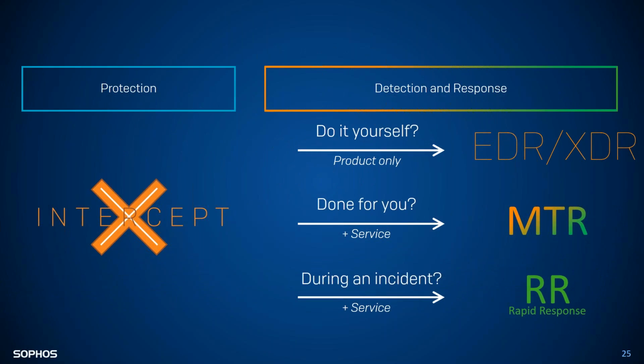So to break it down from a protection standpoint, that's where we're going to look at our Intercept X Advanced. Intercept X Advanced will be just your level of protection. When you want to start getting into detection and response, if you want to do it yourself and do it with our product only, that's going to be our EDR product. And if you want somebody to help you with that, it's a service, that's our MTR service. And if you're actually during an incident under a current attack, it's a service, and we have our Sophos Rapid